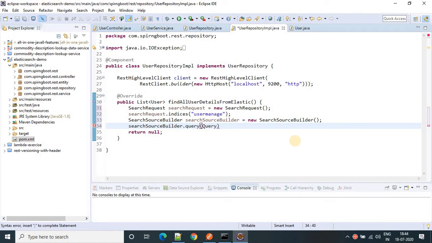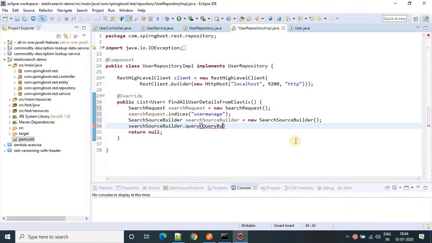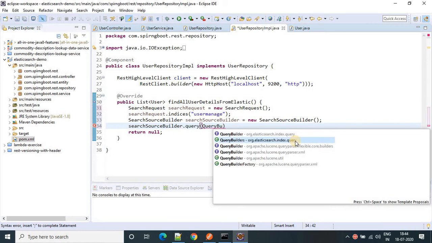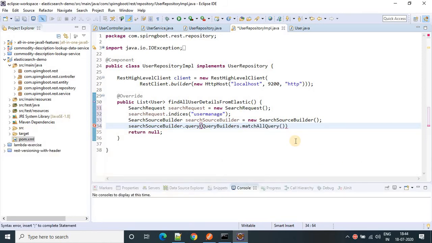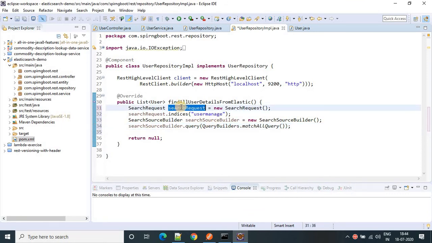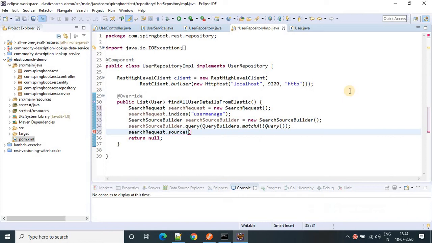So use query builders dot match all query, because I'm going to find all the data, right? This is done. Now take this instance of the search request, and here we have to call the source method, dot source. Inside this we have to pass this search source builder.